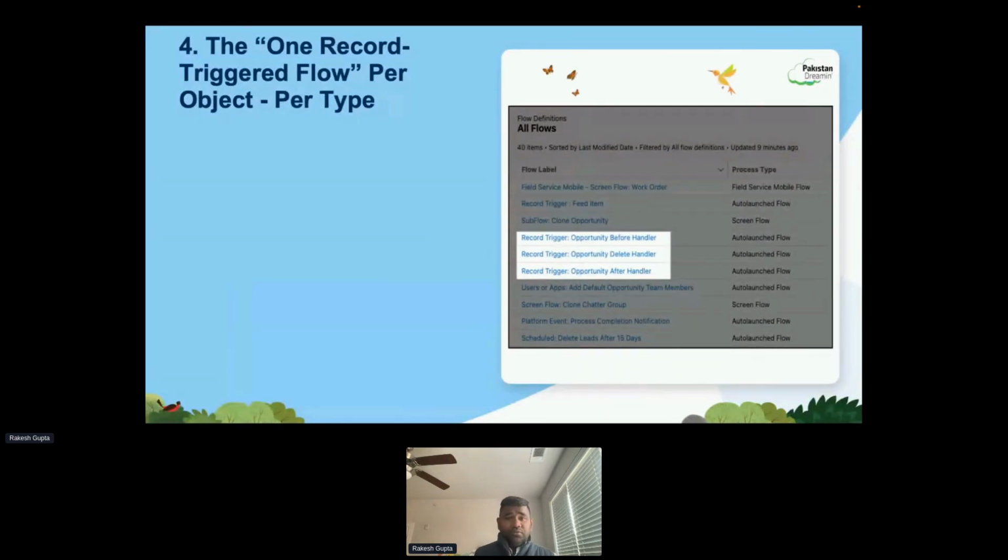So how many flows are you creating on a given object? Does anyone want to write an answer? Do you create one flow per object or as many flows as you need on a given object? Okay, Ali is saying he is creating one. Okay, Hassan is saying